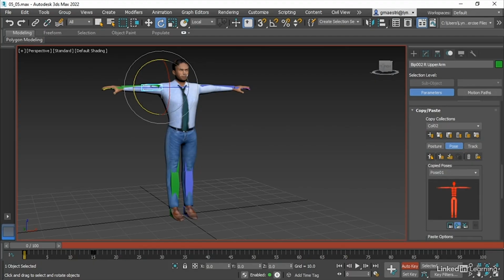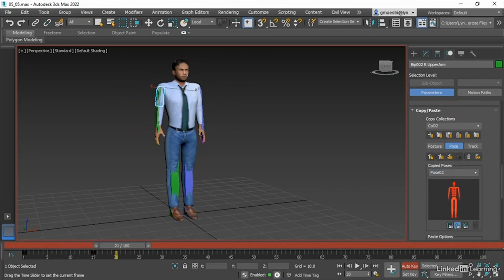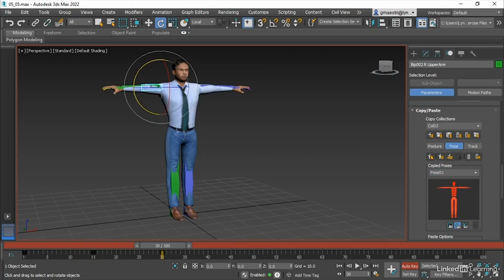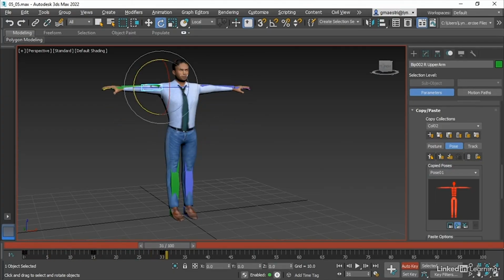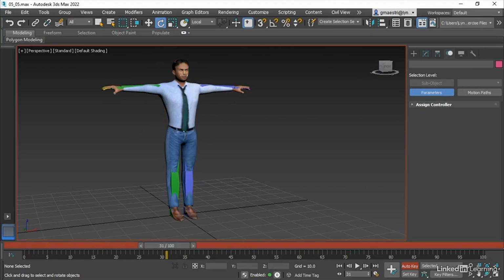And so what it does is it creates a pose, a snapshot of that character, and as you can see, it's highlighted there in red. Now, if I want, I can go to this one and copy it again, and this gives a pose 2. So now we have pose 1 and pose 2. So maybe I go to frame 30 here and go up to pose 1 and then select paste pose. And because I have auto key on, it will keyframe that pose. So now I've got this. So as you can see, the animation tools for Biped are fairly straightforward, and you can also animate your own